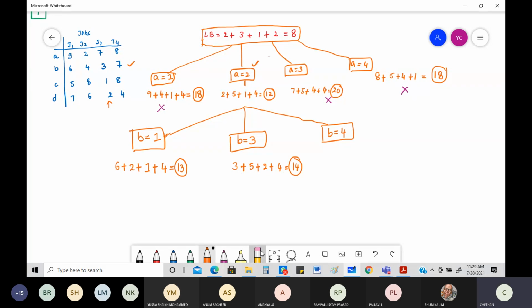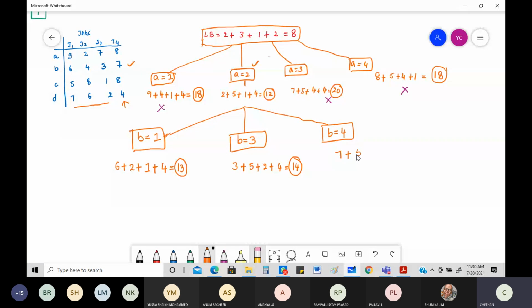Okay, next B is allocated the fourth job. What is going to happen? Check this. If B is doing the fourth job, which is very much here, I need to figure out the minimum among these three. So among J1, minimum 9, 5, 7. Before that, if it is doing the fourth job, you get 7 plus minimum among 9, 5, 7.